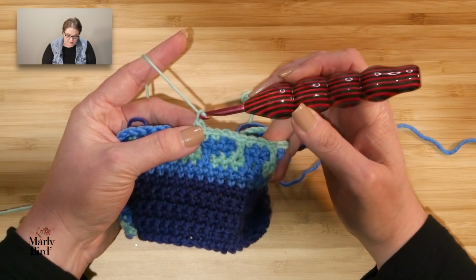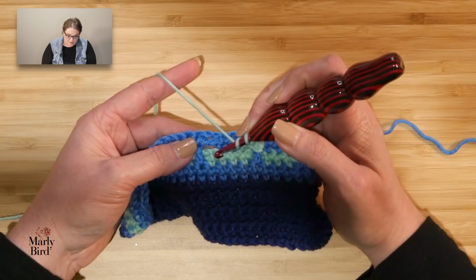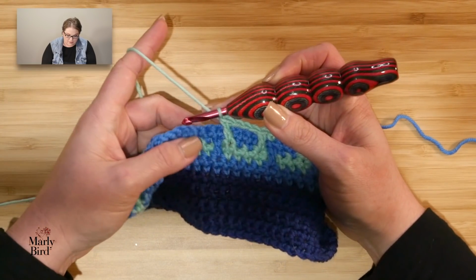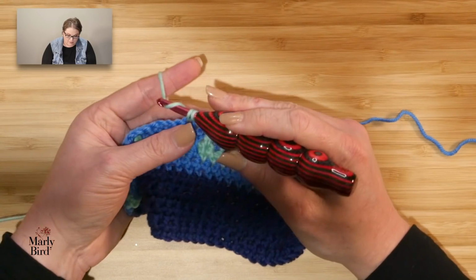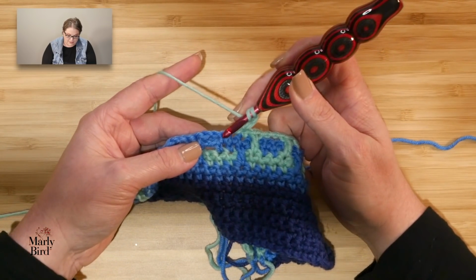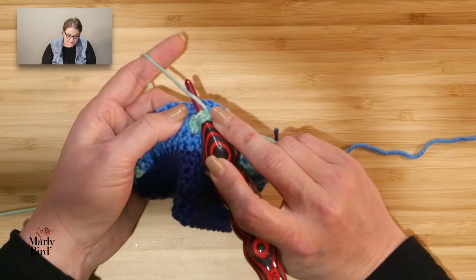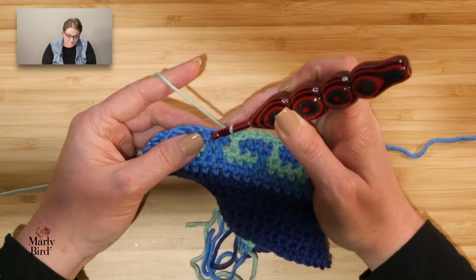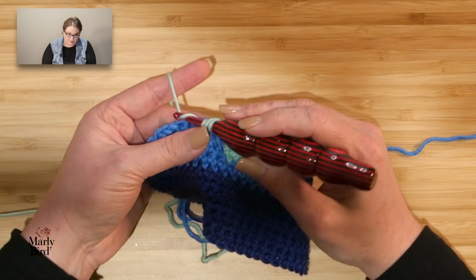Now we're going to chain 3, skip 2, do a double into that skip stitch 2 rows below in front of those chains, single into the next 2, chain 2, skip that stitch, do a double into that skipped stitch 2 rows below in front of the chains, single crochet in the next 2, double crochet into that skipped stitch 2 rows below in front of those chains,